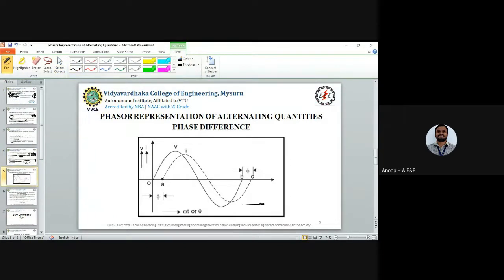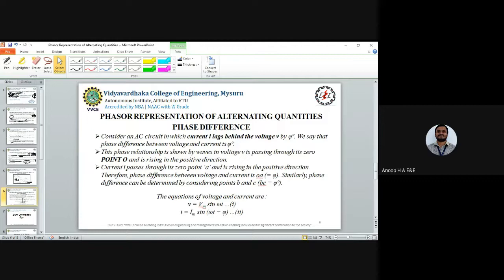So you have the x-axis here as omega t, or we'll be calling it theta. V and I are said to be the alternating quantities. So this is called the alternating quantities. This is the angle phi here. The same phase difference will be there throughout the number of cycles of the alternating quantities. That is what I wanted to highlight in this diagram that I showed you right now.